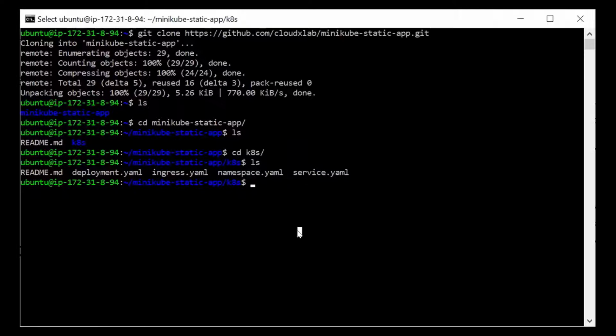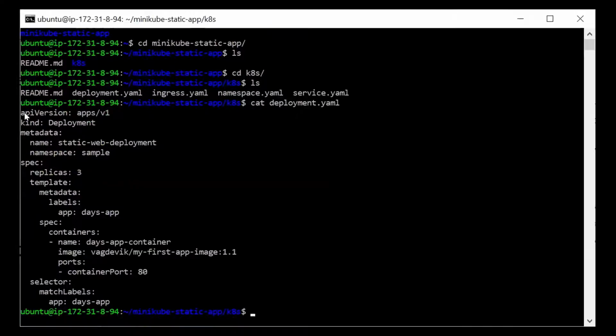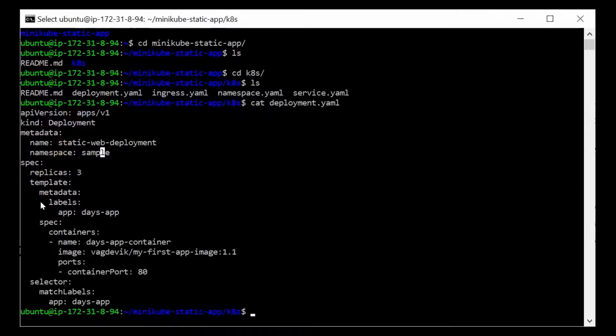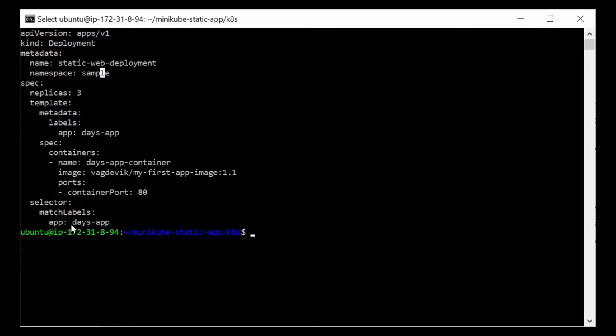So basically, when we cat this deployment.yaml, cat is a command which is used to display the content of this file. Okay, so we can see this is what we have written in this file. The first is API version, kind, and the name of the deployment along with its namespace to which it should belong, and the replicas, labels of the pods, and the containers.